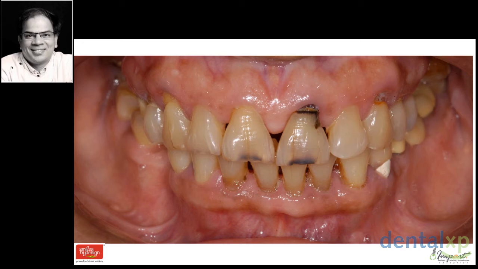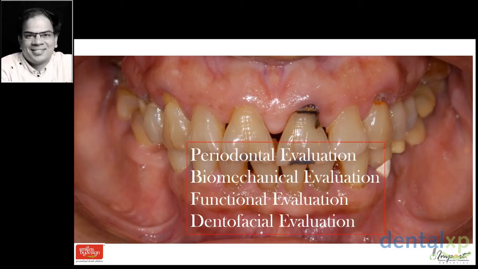These are biomechanically at a high risk for fracture. So I would, in a nutshell, call this person periodontally a moderate risk, functionally a moderate risk, biomechanically a high risk for some teeth, and dentofacially I can't make a risk assessment from this picture. We'll need the smile picture for that. And all patients with gummy smile will show your entire dentistry to the rest of the world. They are the ones who will be having the high risk of treatment.